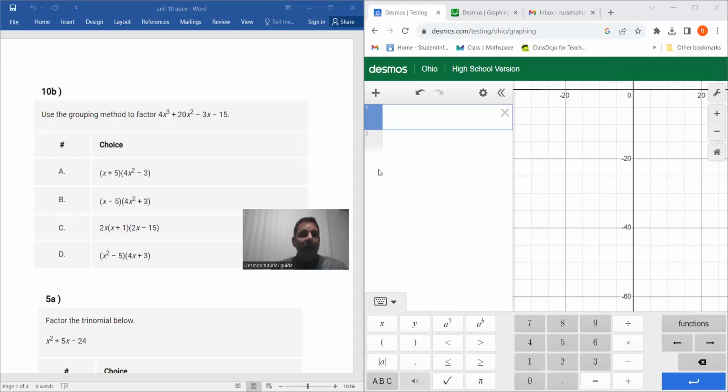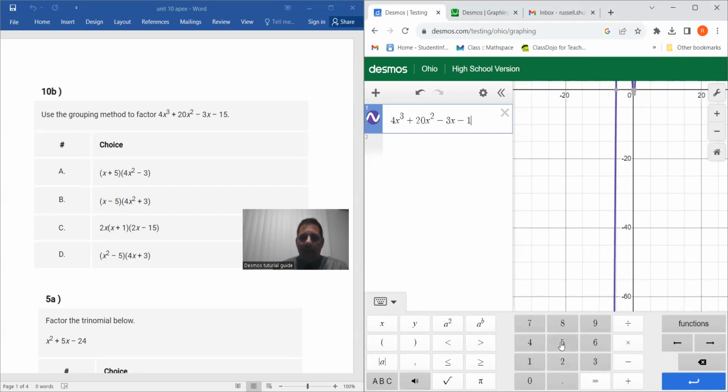All right, let's keep going here now in Unit 10, showing Desmos and how we can get through difficult questions like this. They're asking you to use the grouping method to factor, which means take something that is written as adds and subtracts and turn it into things multiplied. That's what factoring does. But we're just going to go ahead and show how Desmos can just match the graphs up, and I don't really even have to worry so much about what I need to do to this factor